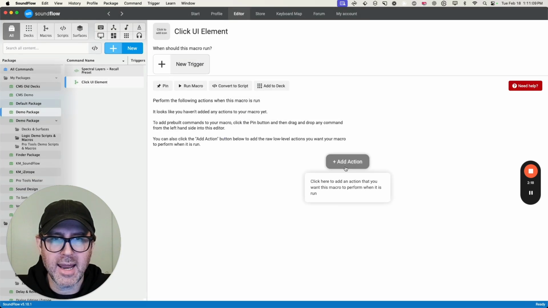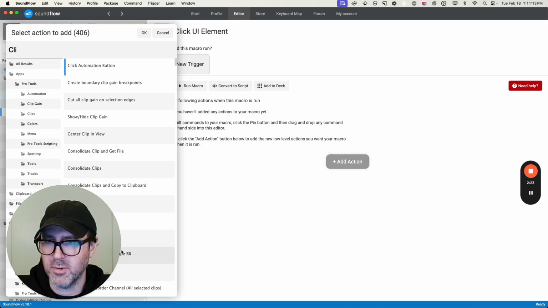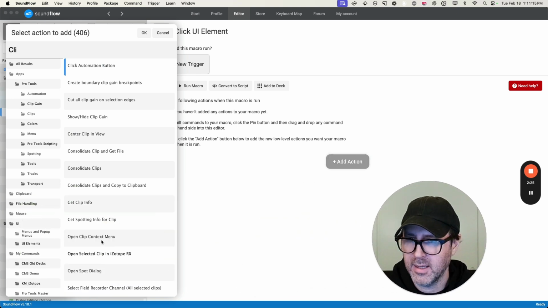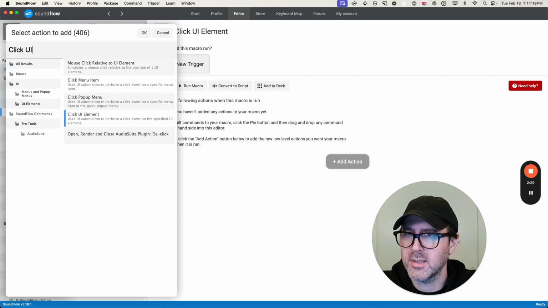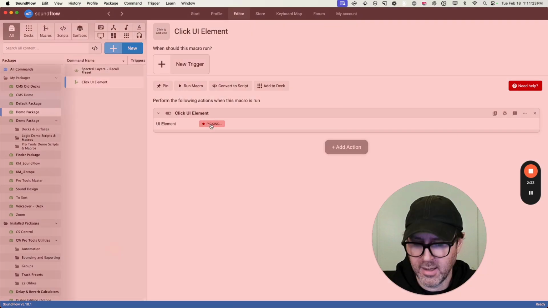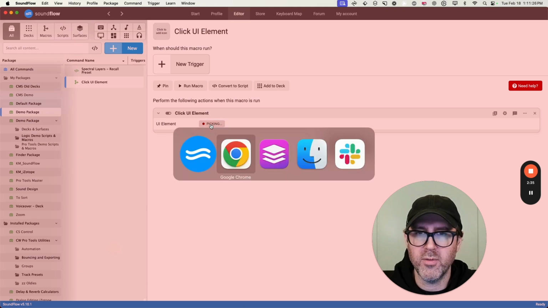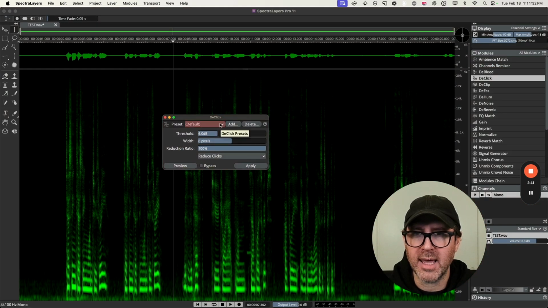If I go add action and go click UI element, now we've got this action. And if I click the pick button and I command tab over to SpectraLayers, and if I roll over the element here,